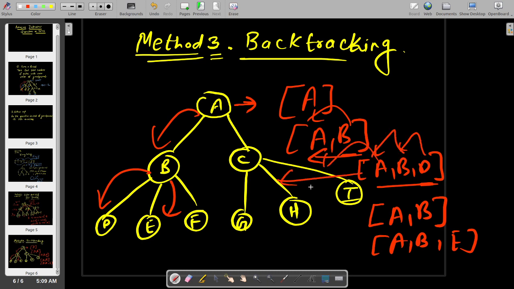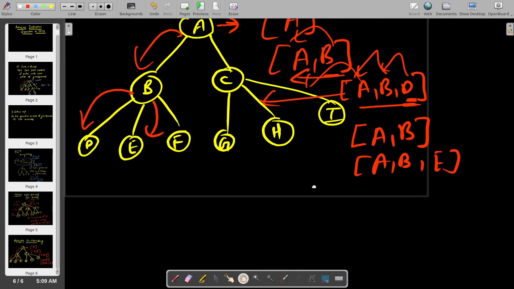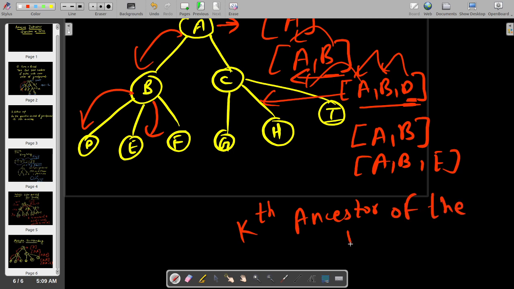The list could be of size n, it doesn't matter. So from the end, if we go k terms back, the term in the vector is the kth ancestor of the back element.